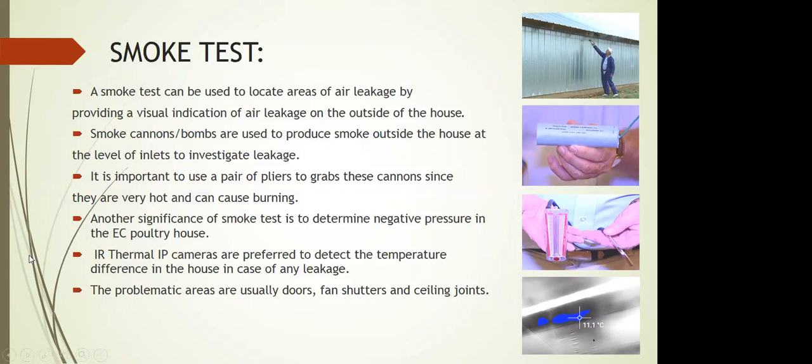In recent research, there has been the introduction of IR thermal image processing cameras, as you can see in this picture, and they are very helpful in identifying temperature differences. You can see this picture right now where my pointer is. Where there are blue areas, it shows that there has been some leakage and the temperature has been compromised in this area.